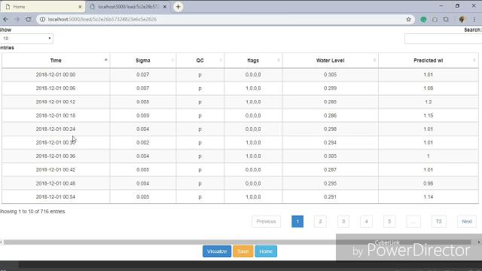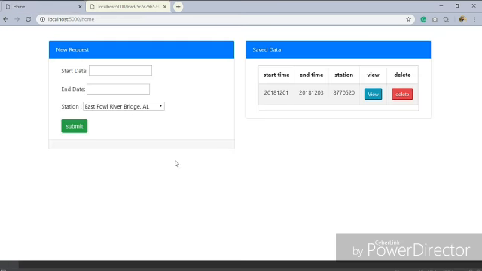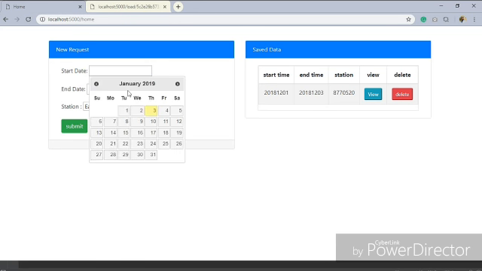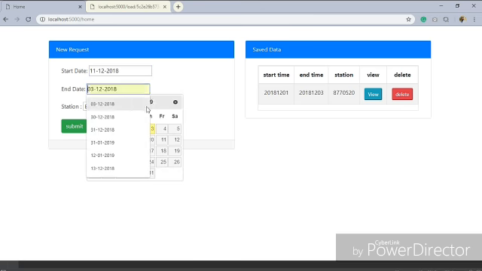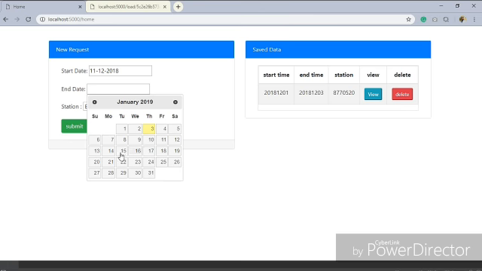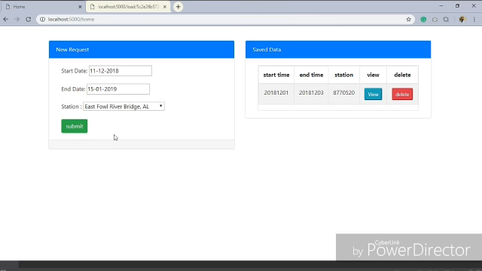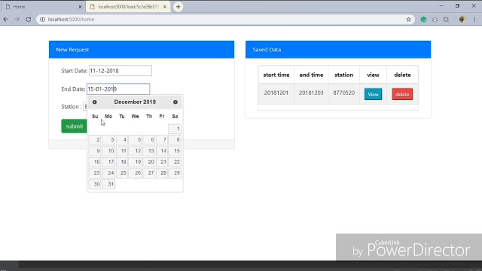We can open it in the browser and show this is the last request. And also, if I send a new request, for instance 11th of December until, for example, 15th of December,